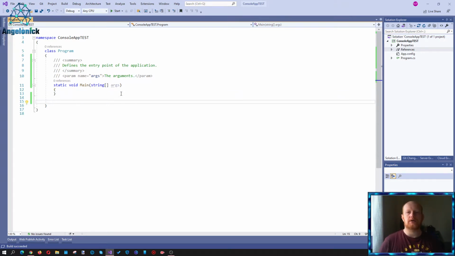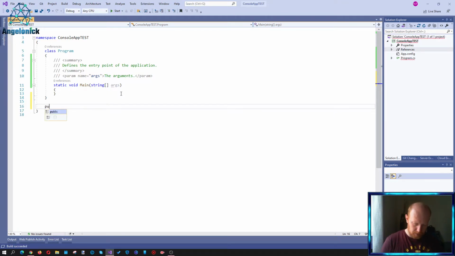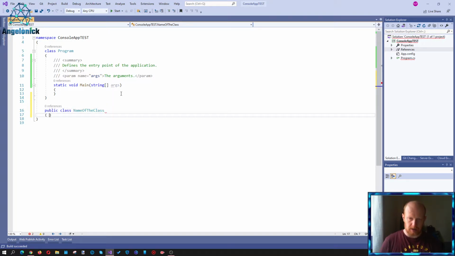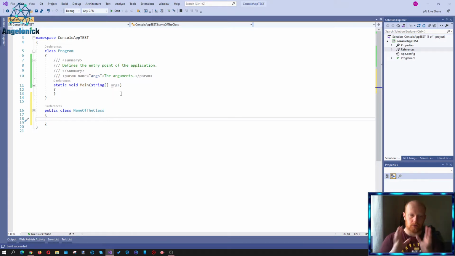Good. What else is not in accordance with best practices? To have a namespace, a class, and of course to add another class. Let's say public class, name of the class. Okay, this is the name of the class, and in this class, can you see, Visual Studio automatically puts the format for us. This class